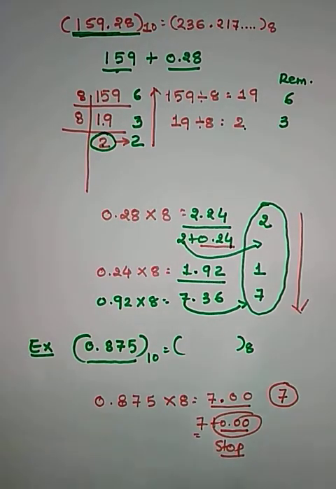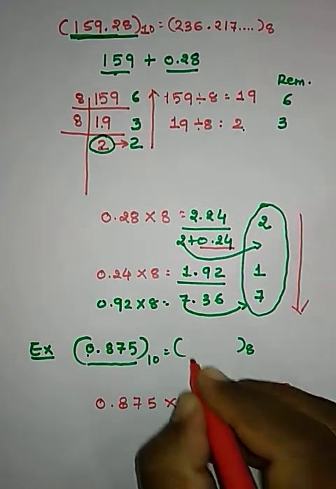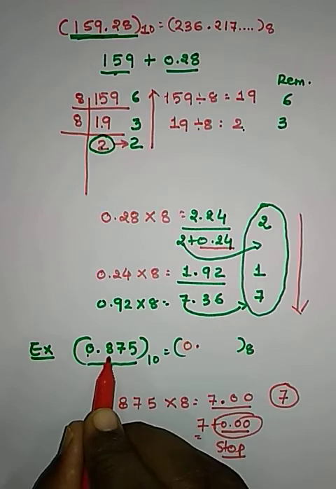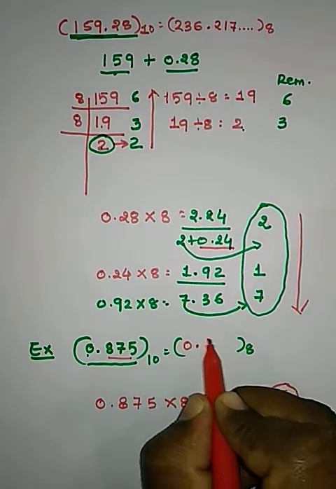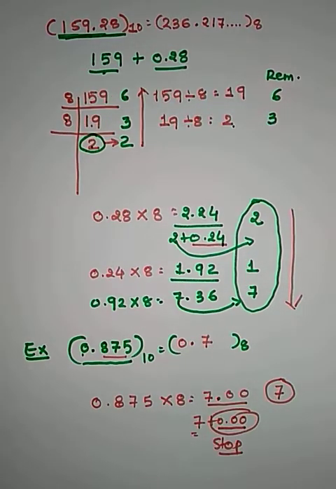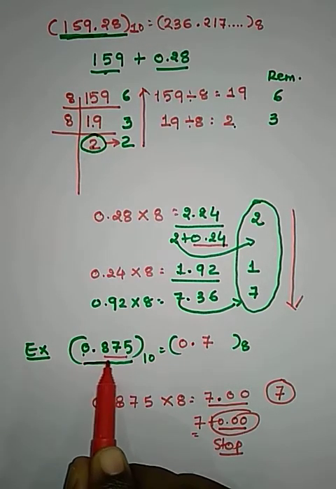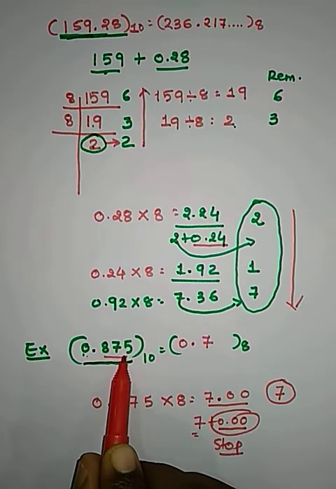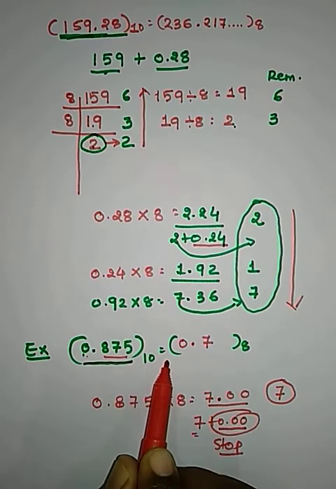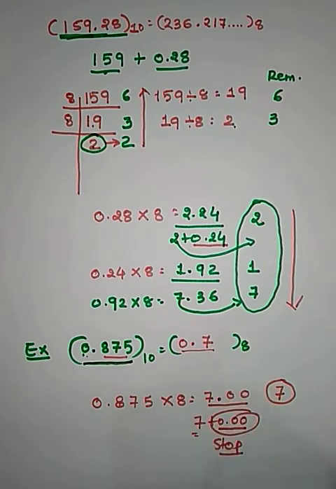Okay, so see here, before the point it's a 0. What is the octal of 0? It's a 0. What is the octal of the fractional part? It's a 7. So the given decimal number is 0.875 and it is to be converted into octal. The answer is